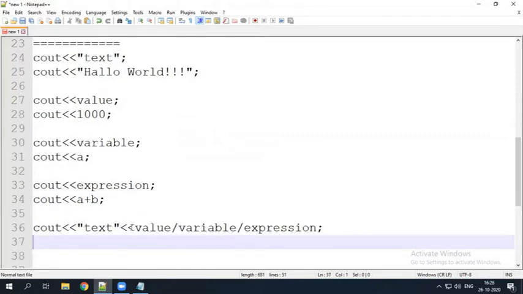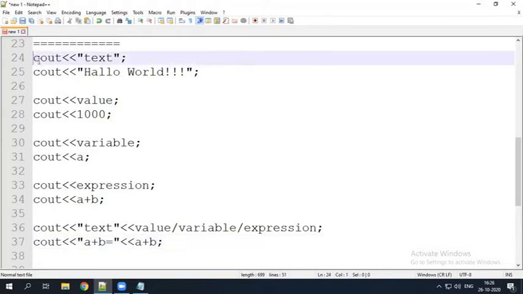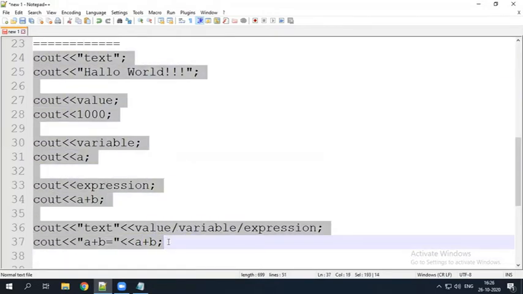Next, text with some values, like cout "a plus b is equal to" and then the a plus b value. Here the text, here the value; we can specify the value, variable, or expression, whatever it may be. The difference between printf and cout is that here it does not require any format specifier.